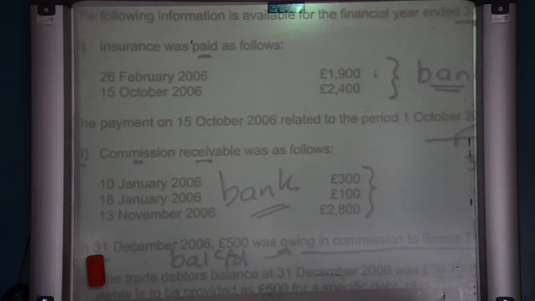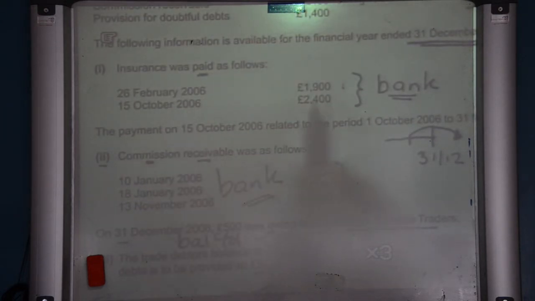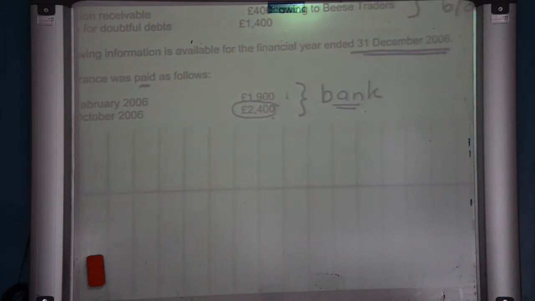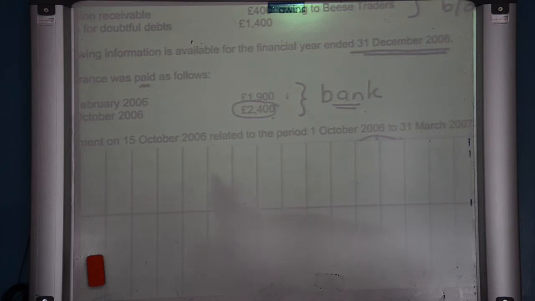If you have a look at it, this was that item that we had paid on the 15th of October there, that $2,400, where some of it was spread into next year. Right? Some of it was spread into next year. The best bet, I find, is that when you do it on a timeline like this, if I just draw a timeline of a full year, there it is there, we know that the end of the year was the 31st of December, and on